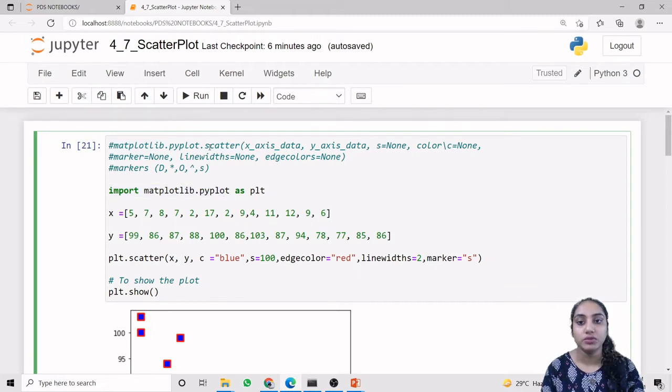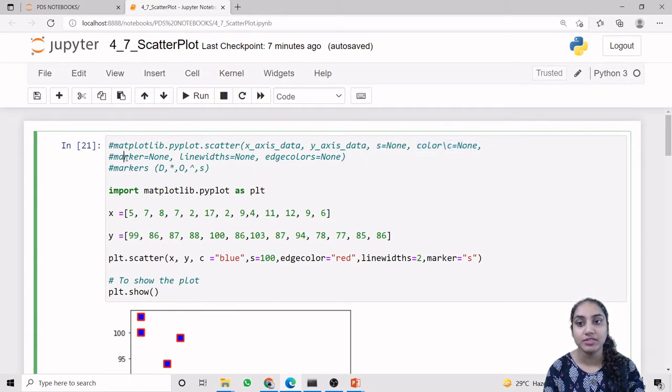So we are using the scatter method for representing the scatter plot. In here the first argument will be the x-axis data, the second argument will be the y-axis data. The size will be represented as the attribute S, the color will be represented as attribute C or color itself. The default value of size and color is none.